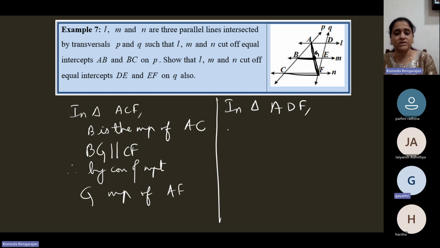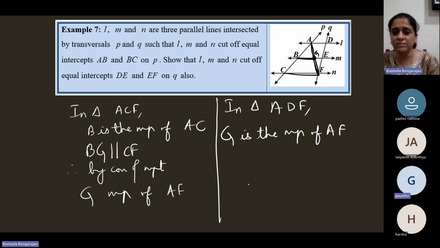First midpoint: G is the midpoint of AF, so AG and GF are equal. See, which are the three sides of the triangle? AF, FD and AD. Yeah. G is the midpoint of AF, then through the midpoint G,